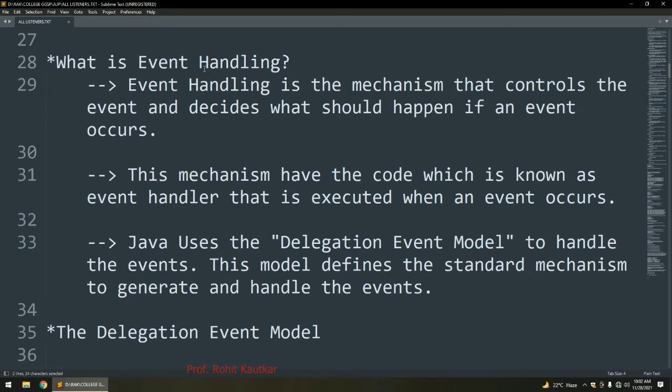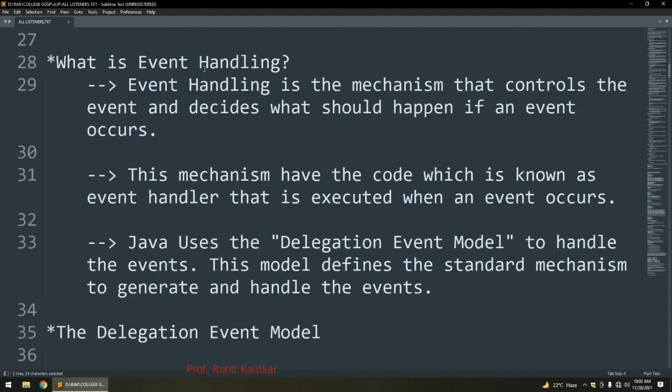If I want to display a certain message whenever the user clicks on a button, whatever code I write for displaying that message is our event handler, and it is going to execute whenever the user clicks on our button.